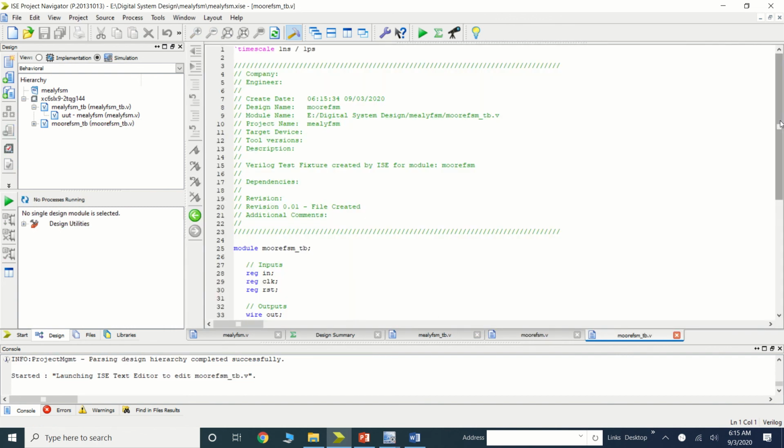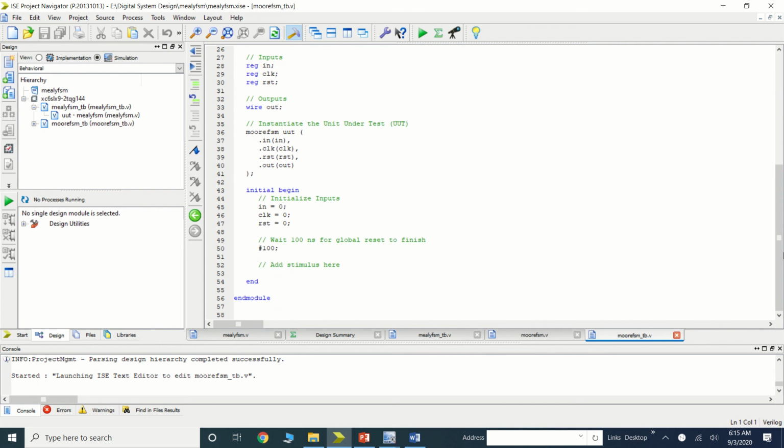Okay, now here again there is a skeleton for this. Again we have to apply the stimulus as we want to check our targeted sequence. So in this, first let me reset my system. So here the reset equal to 1.